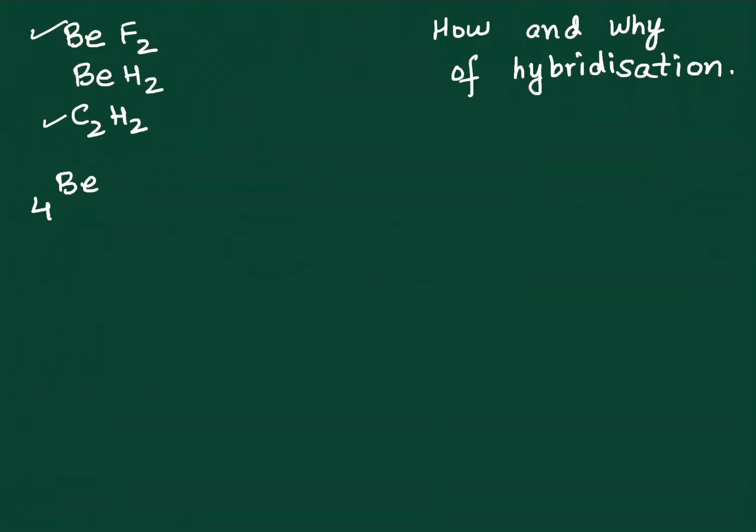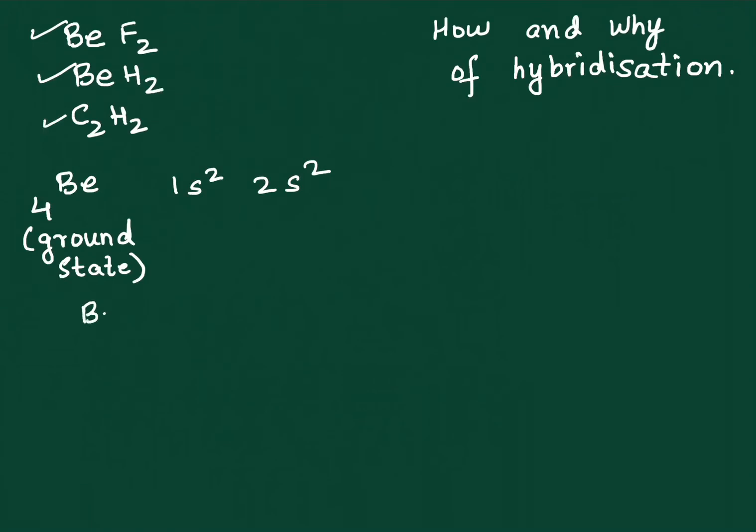When we talk about beryllium fluoride, so beryllium atomic number 4, or let's say beryllium hydride, let me start with this first. Of course, beryllium being the central atom, beryllium atomic number 4, let's start writing the electronic configuration. Those who've been following the videos and the channel are, I'm very sure, familiar with the process. We write the ground state electronic configuration. Beryllium atomic number 4, excited state electronic configuration.